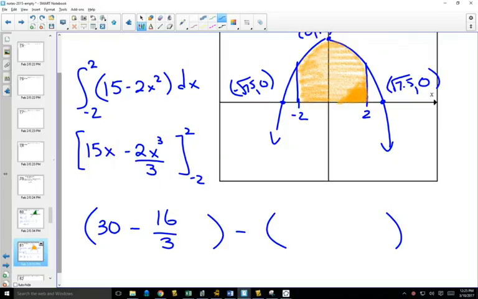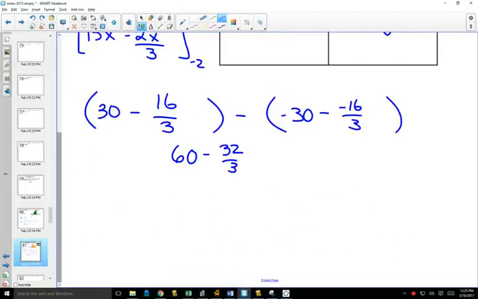And then plugging in negative 2, this is going to be negative 30 minus, plugging in the negative 2, this will be negative 16 over 3. And so when we subtract them, you get 30 minus a negative 30, that's going to be 60, and negative 16 over 3 minus 16 over 3 will be minus 32 over 3. If you get a common denominator, this will be 180 over 3 minus 32 over 3,